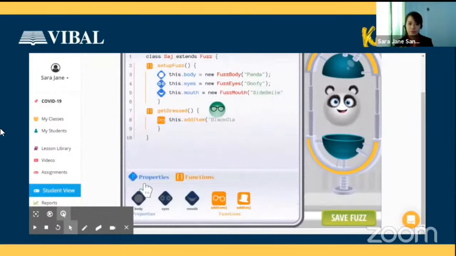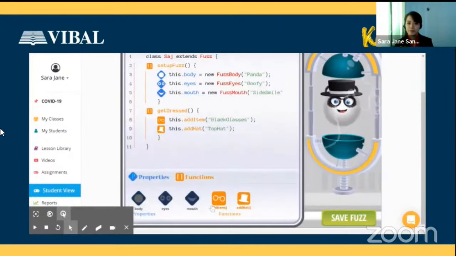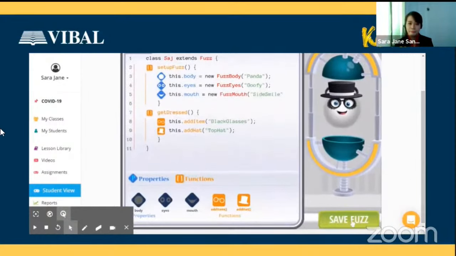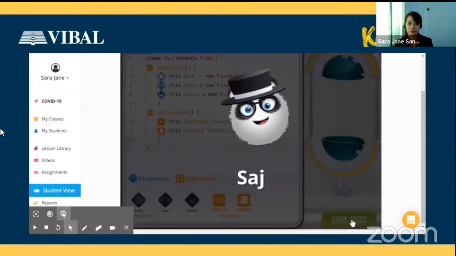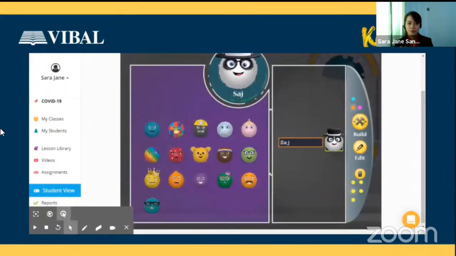Lagyan natin ng glasses. Okay, and then let's try to add a hat. And then top hat. Yan. Okay, so now you have your fuzz. And then ang gagawin lang natin is save fuzz. Ayan.